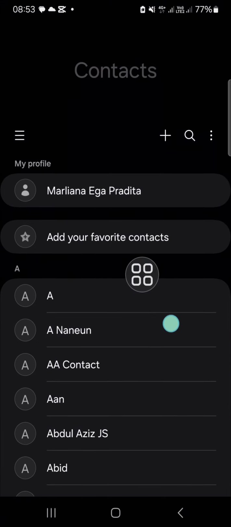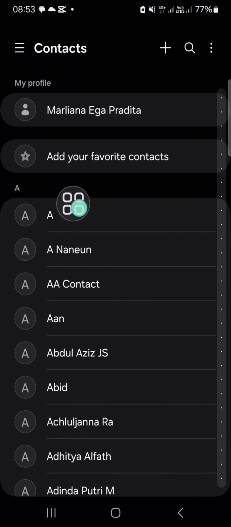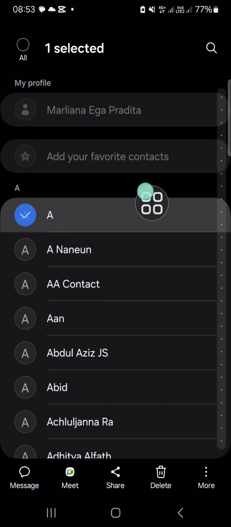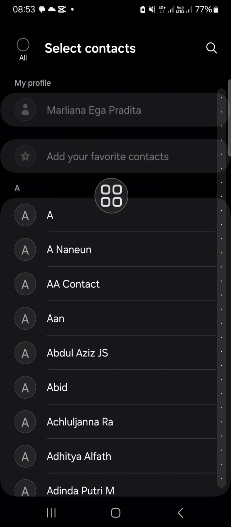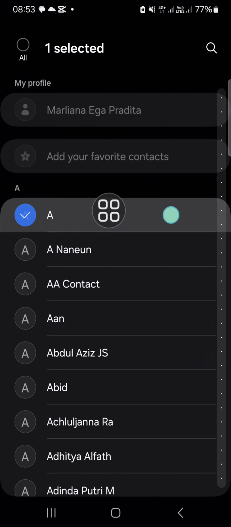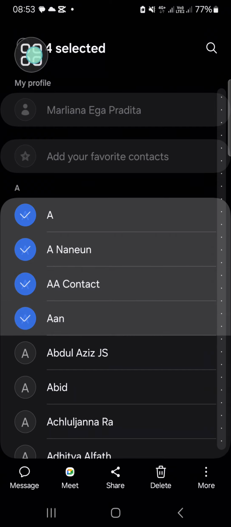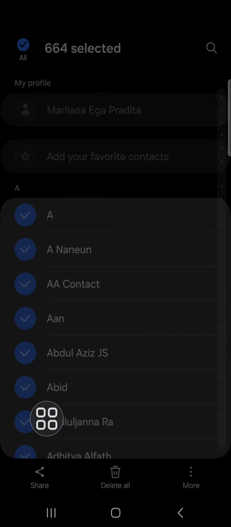If you want to transfer all of the contacts you have on your Android mobile phone, you can tap and hold on the first contact. Then you just need to select all. But if you just want to send some of them, you just need to tap and hold on the first contact. Then you can select it like this. If you want to transfer them all, just select all, and then you can click on share